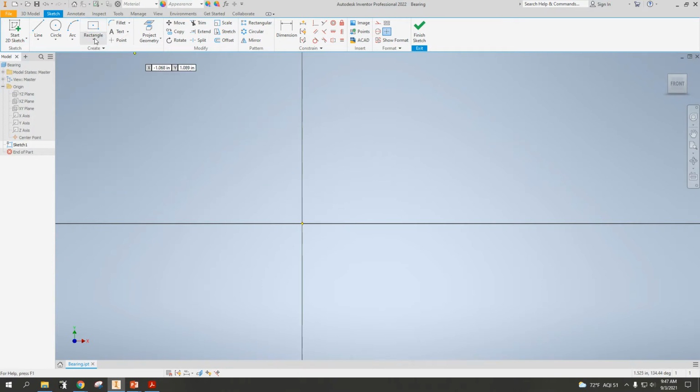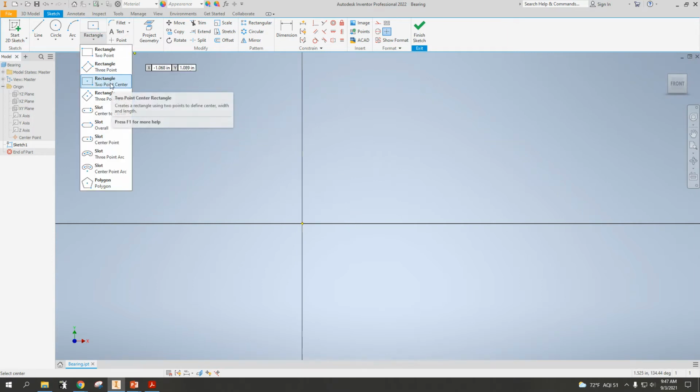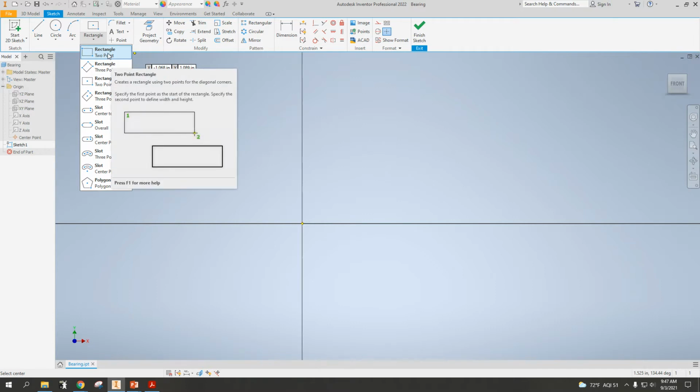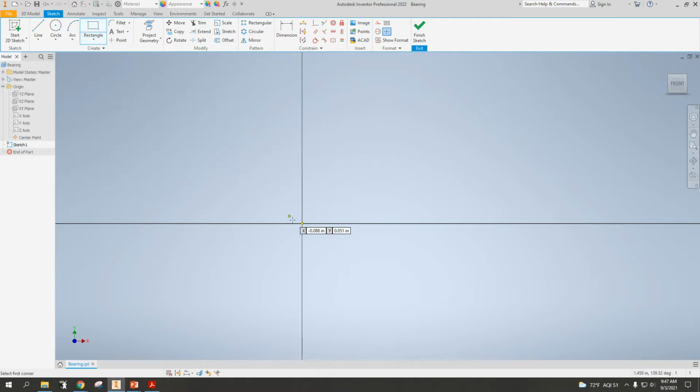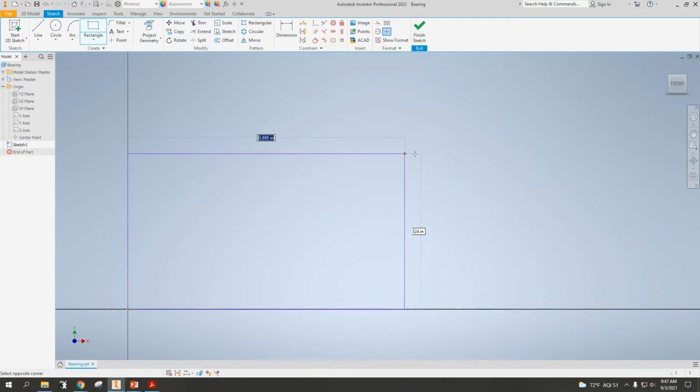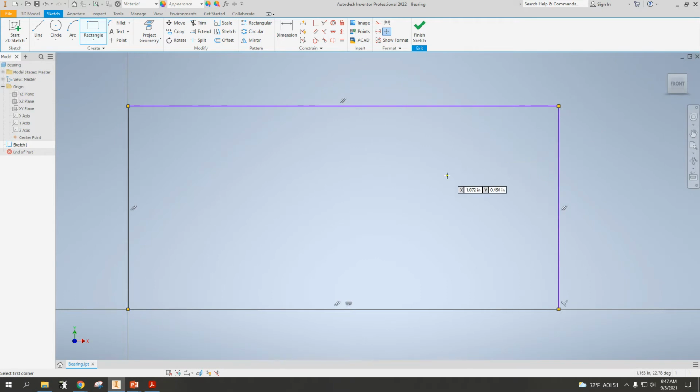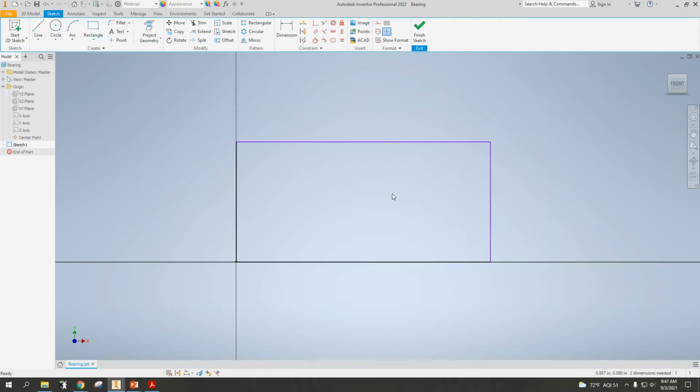And maybe I don't want, let's see here, that's on a 2-point center. I don't want that. I'm going to start with a 2-point rectangular. So I'm going to left click, and you could certainly have started with the other one, but I'm going to start again on that origin point so it locks down my starting point. And I'm going to drag this out, and I'm going to left click, and I'm going to get myself a